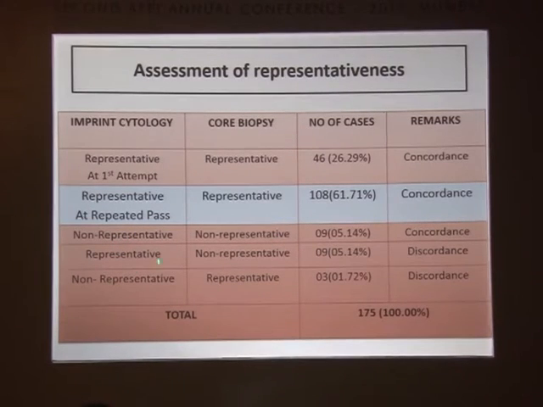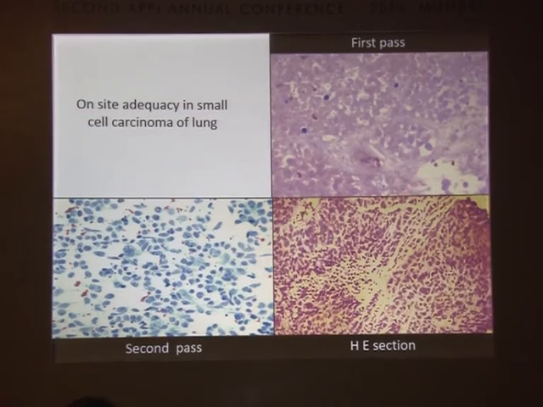Rarely you have a discordance in the cyto and histo. That means we have cases where the cytology was representative, but the core biopsy came negative. So again, we went back to the representative and the diagnosis was given and treatment was done. Whereas in some cases, it can be the other way around, that core biopsy may be representative because they take more cores. Once you declare that this is representative, from the same site, more cores are taken for biopsy. So sometimes it can happen that this is negative.